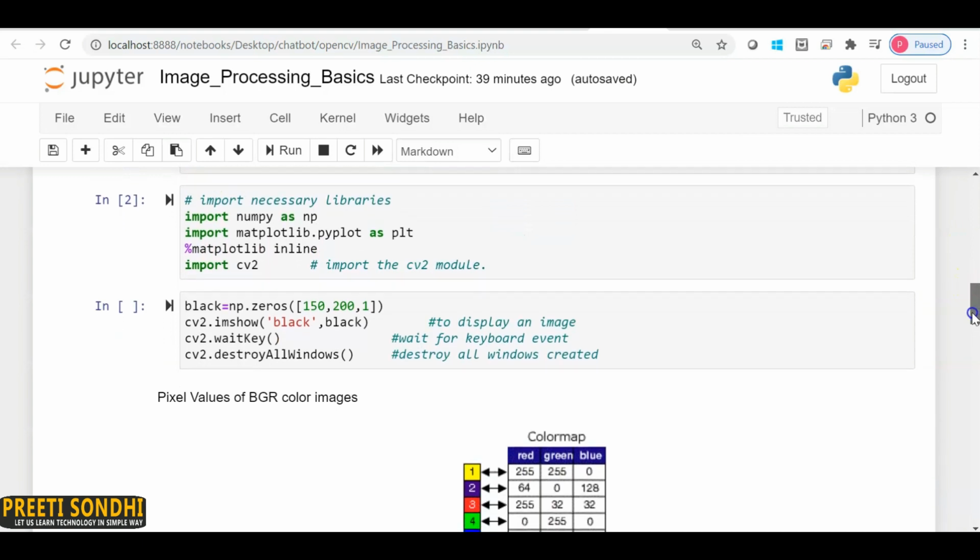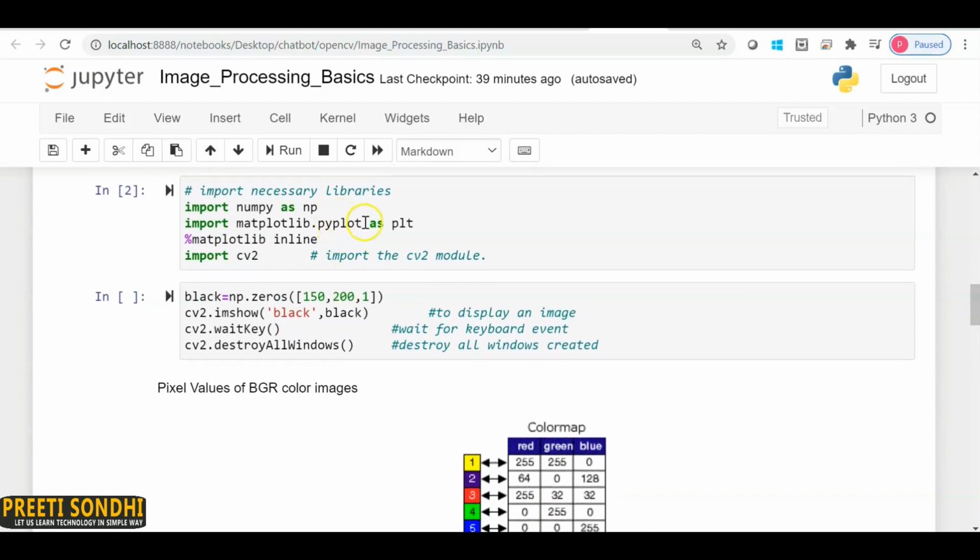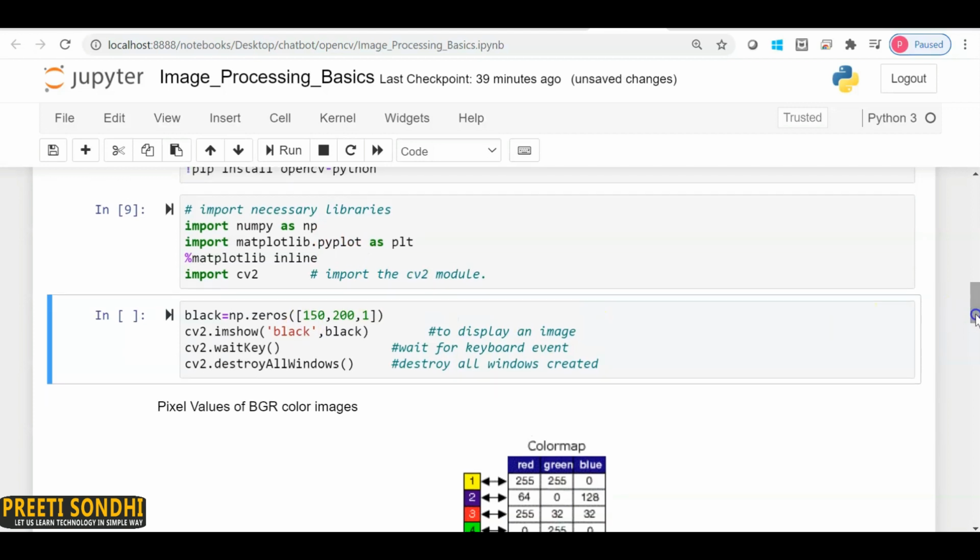Now you need to import some necessary libraries, so just import those libraries. Now here I'm trying to create a simple black image. For creating this black image, a black pixel in RGB images is represented as 0. We will see that in future.